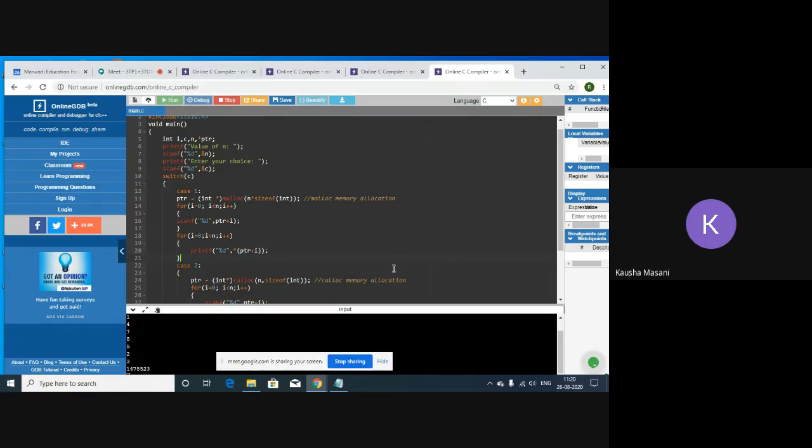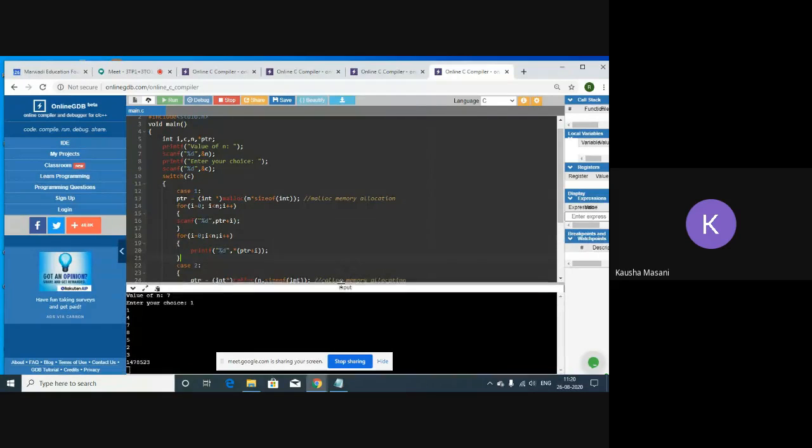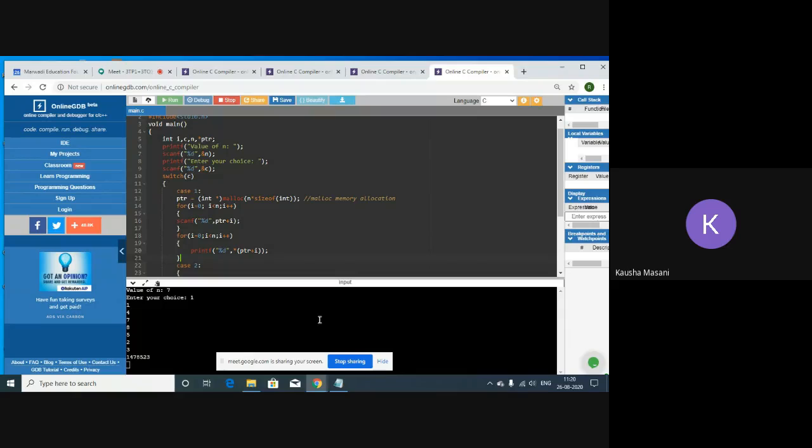Enter the value of n. Can you scroll up the output window a bit? Okay, enough. n is 7. Enter your choice.